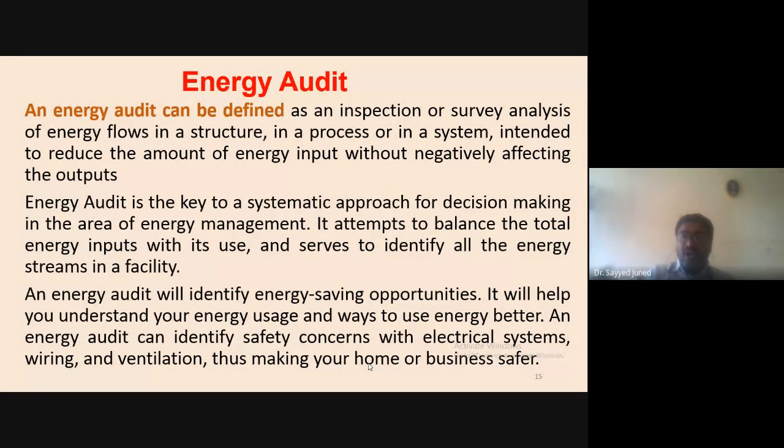So what is the energy audit? It can be defined as the inspection, survey, and analysis of energy flow in a structure, in a process, or in a system, intended to reduce the amount of energy used without negatively affecting the outputs. That is your energy audit. In this energy audit, we identify how much energy we use,